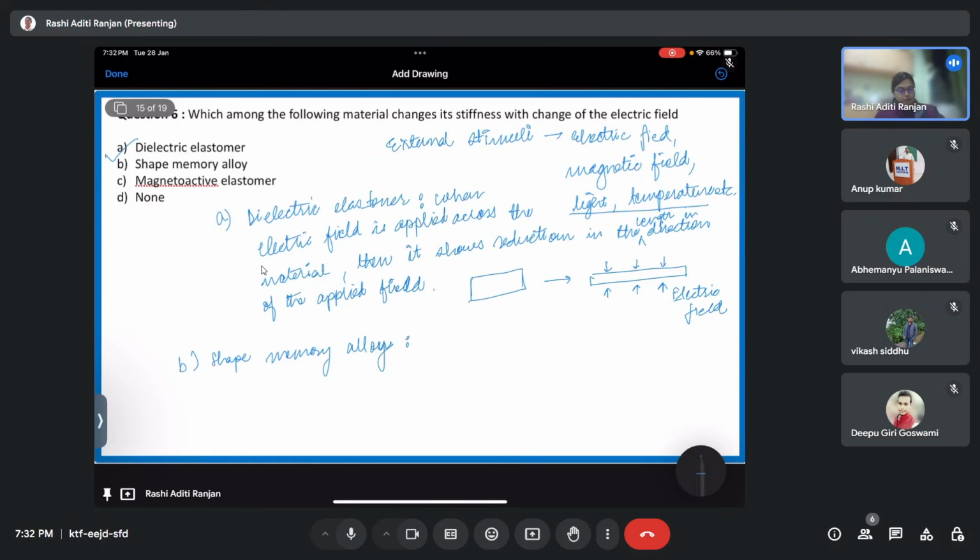So shape memory alloys have the ability to return to their original form when heated. Okay. So when it is at a cooler temperature, it is going to,